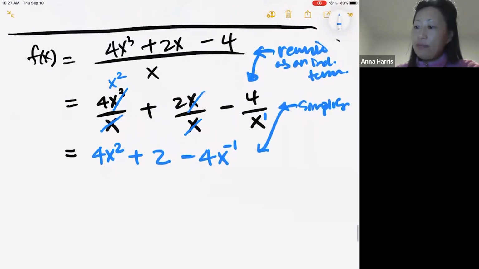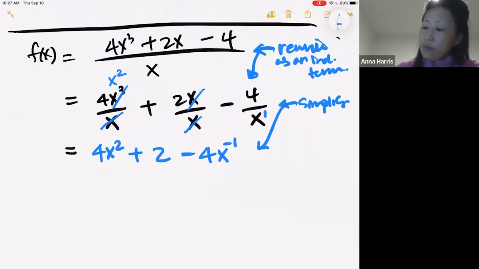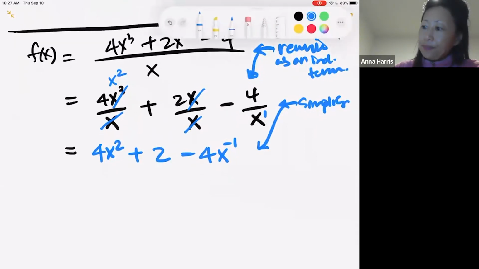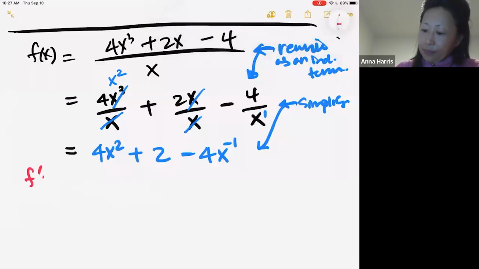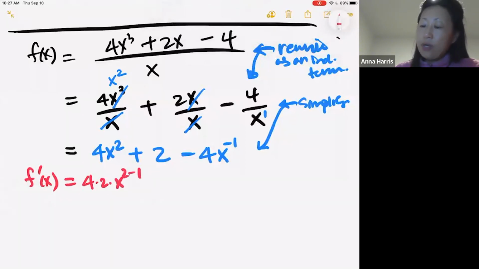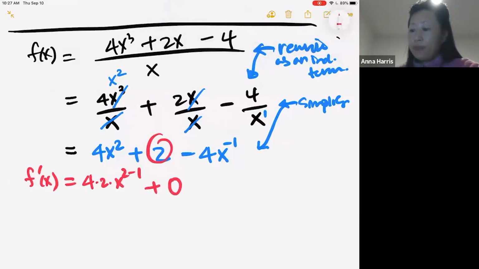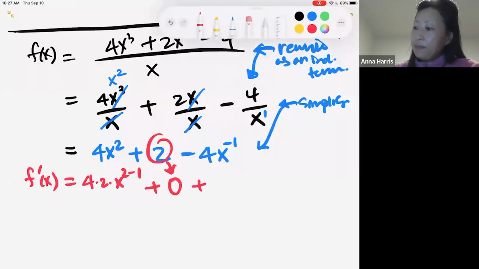All right, let's take a derivative. I have 4 times 2 times x to the 2 minus 1, plus, this is an easy one, that becomes a 0. That's your constant rule. And then minus